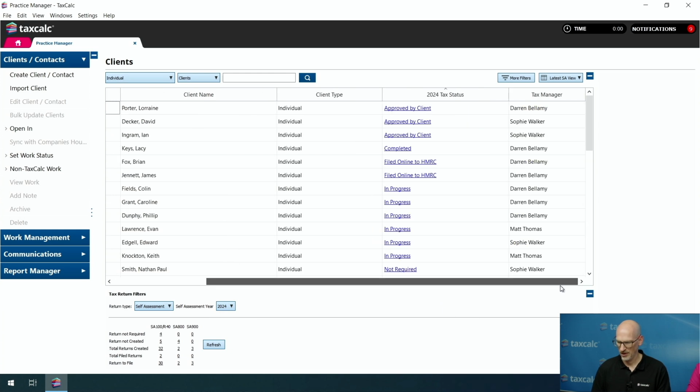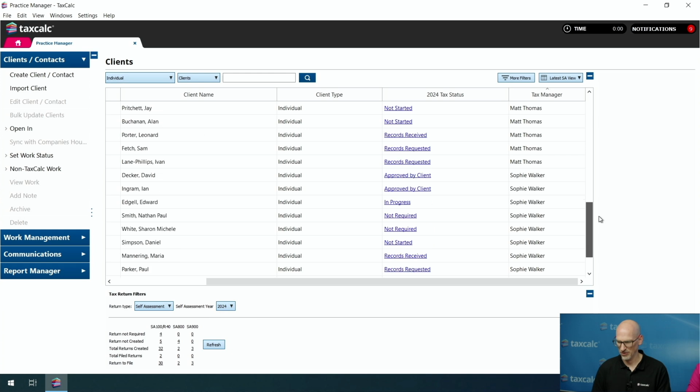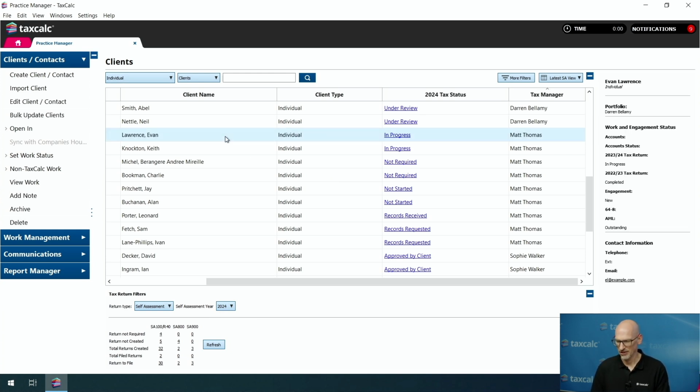Okay. So this time I am going to sort this view by tax manager, so I can see all Darren's clients grouped together, all Matt's clients grouped together, and all Sophie's clients grouped together. Now let's say that Matt is no longer in our employ. Let's say he's no longer going to be responsible for individual tax return clients. What I can do from here